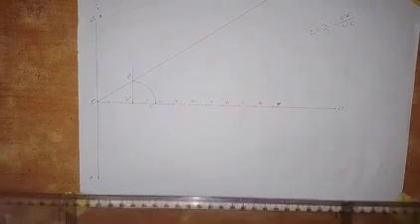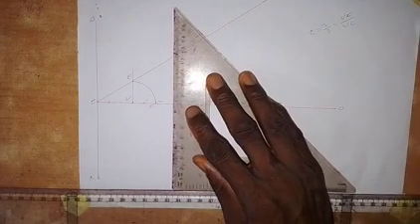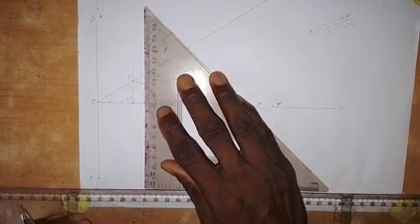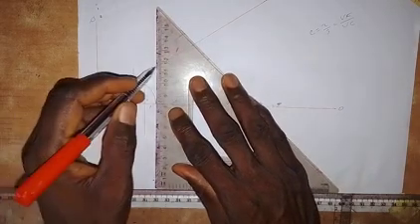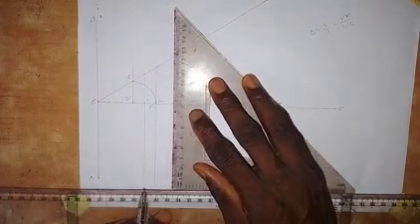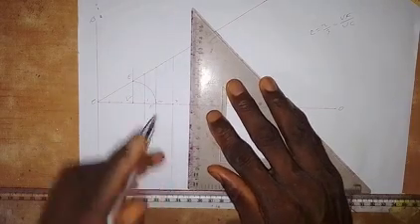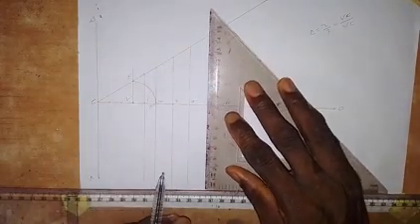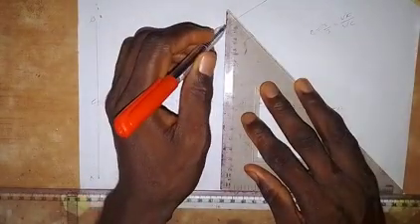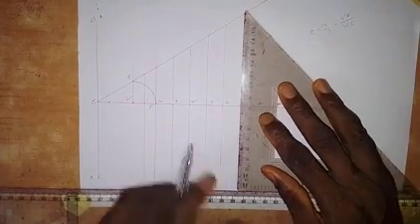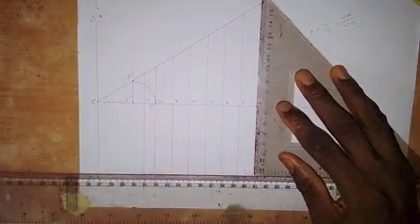So next, I'm going to erect a vertical line on each of these points. We start from here: erect a vertical line on 1 and also on 2. On 3, we draw from here down, and on 4, we draw from here down. On 5, we also draw a line like this. On 6, we draw. On 7, we draw a line. Then on 8, we